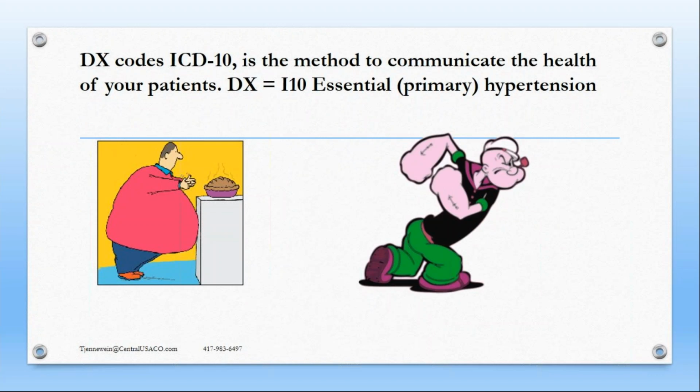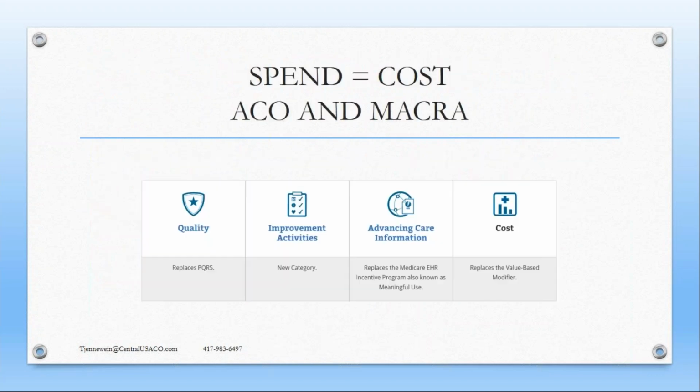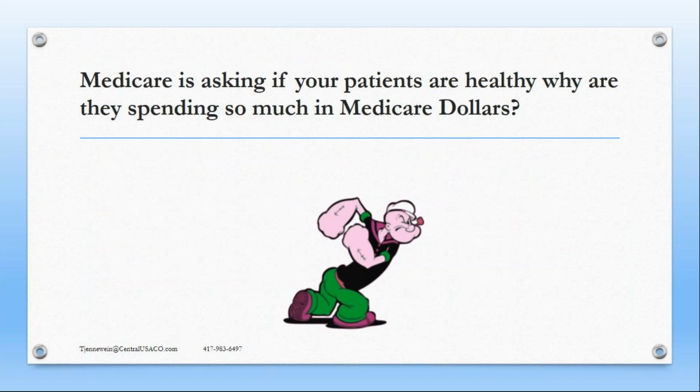If we haven't told Medicare they have that, they're going to think, oh, your patients are healthy, but you're spending a lot of money. No, you don't get credit for the cost in your MACRA. Is it true that your patients are all healthy? Okay, so what I'm trying to get at here, I've kind of really taken some extreme cases here, but